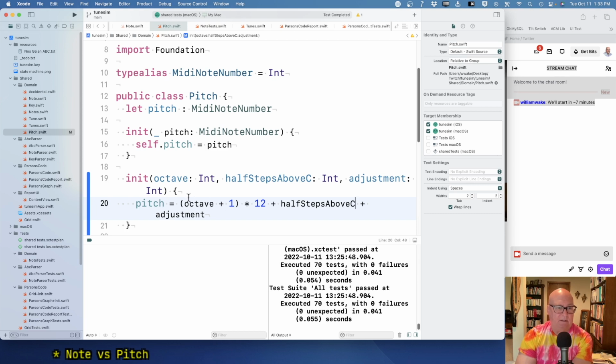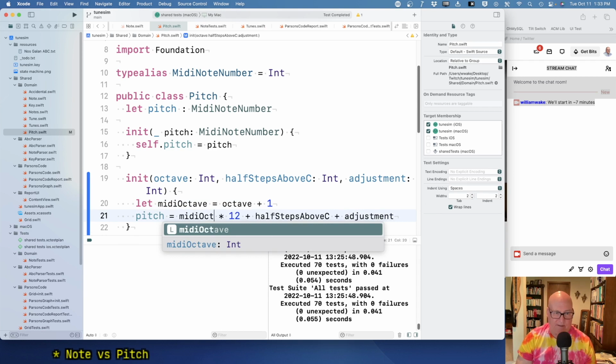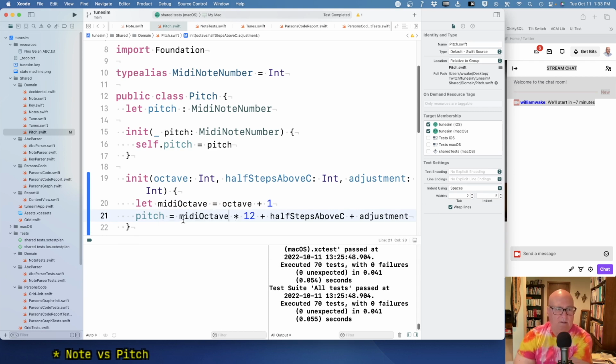Okay, and this is, let's say let MIDI octave equal octave +1. Okay, I think that's going to help. MIDI octave. So if you do it this way, you pass in the octave 4, I turn it into 5, 60 plus the half steps above C. C natural has 0. That would be 60. If you said 1 half step above C,